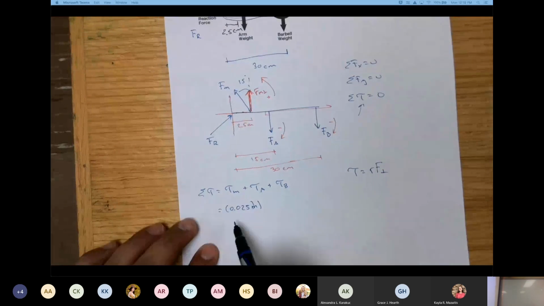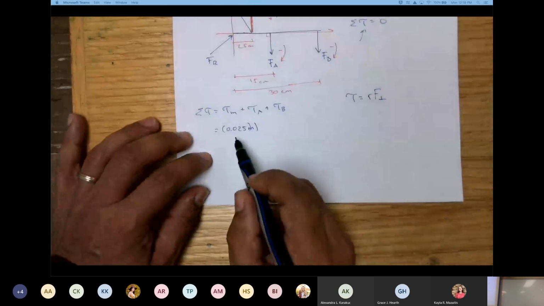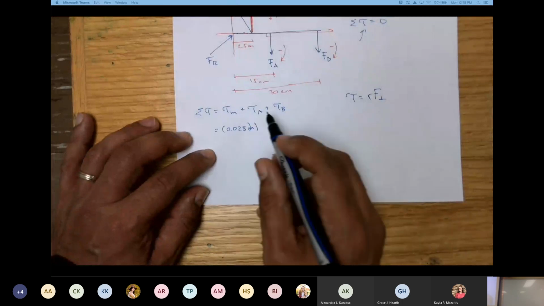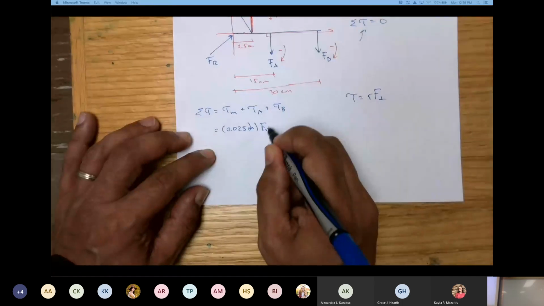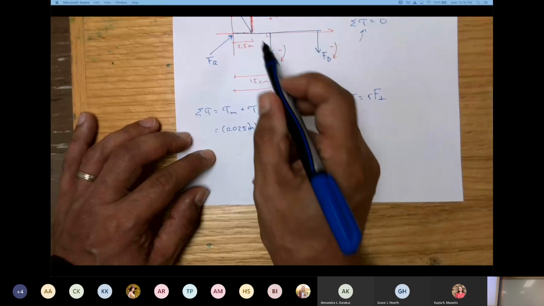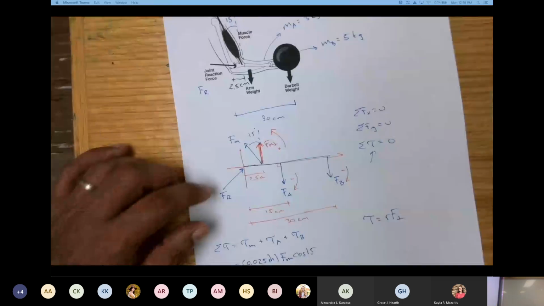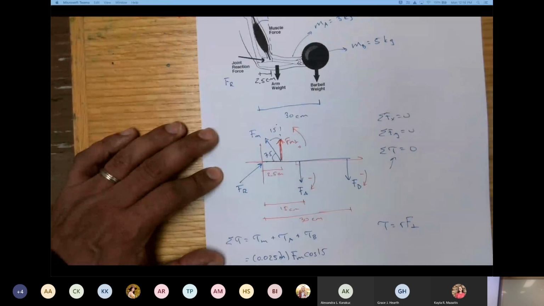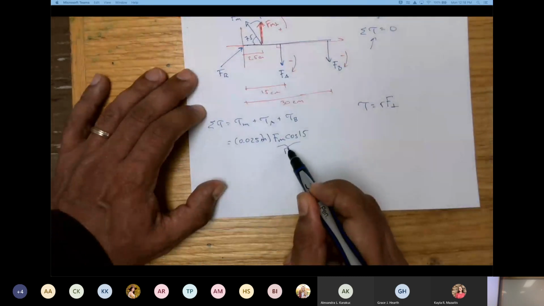You have the distance to the force. So this is the inch that you have from your joint to the insertion point. And we need the perpendicular component of the force. So that's going to be the magnitude of the force, Fm, that I want to find out. And then the perpendicular component is going to be cosine of 15. You can use cosine of 15, or you can use sine of 75. Either one will work. Okay? But that will give you the perpendicular component of that force.